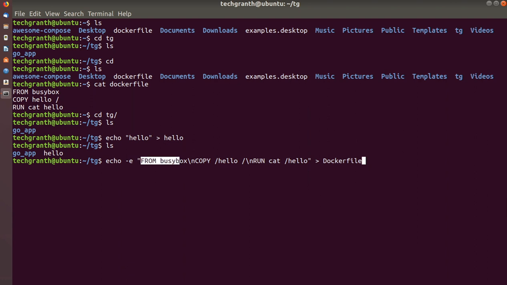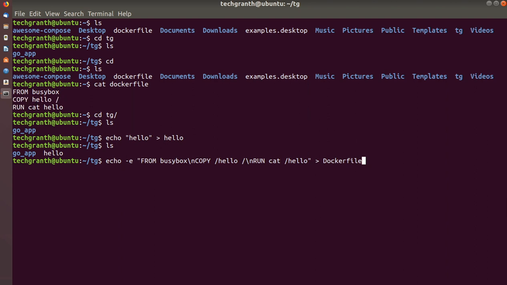So we will be using FROM busybox, the same as here, then backslash n for the new line character. In the new line we will use COPY hello, which is the same as here. I forgot to mention the slash here, so we can use the same.